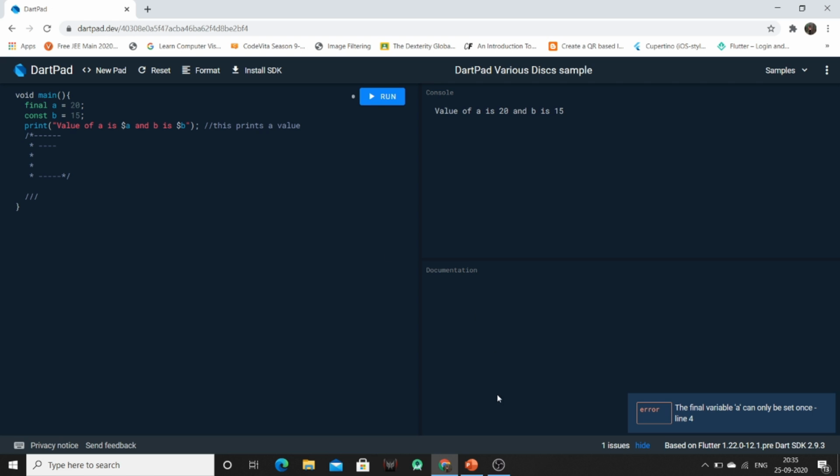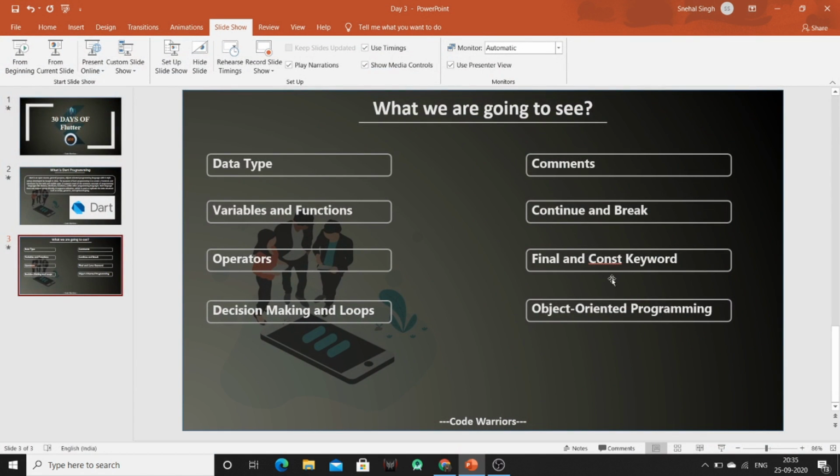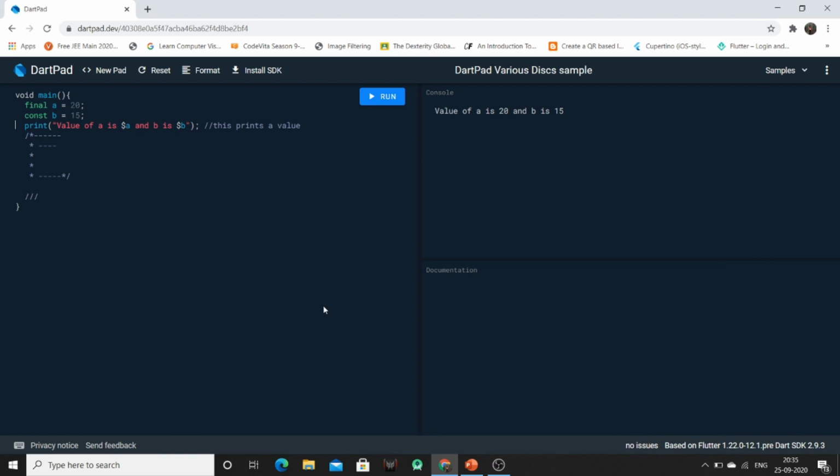So after final and constant we have object oriented programming. Okay, so now object oriented programming consists of object and class parts. As in other languages, here also an object is an entity which has state and behavior. It can be physical or logical, and as I have mentioned earlier, every value is an object.